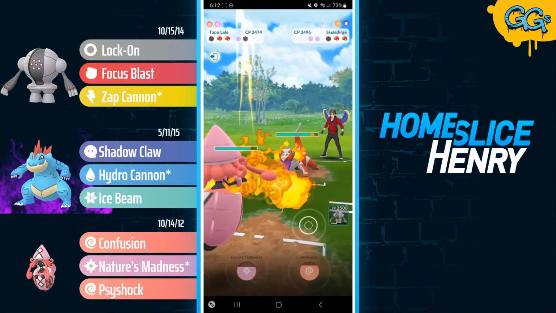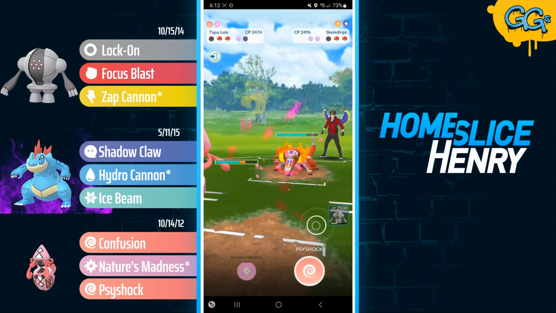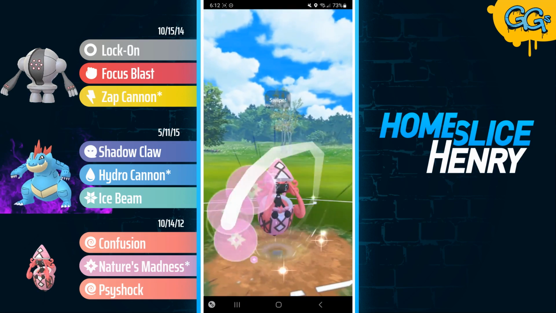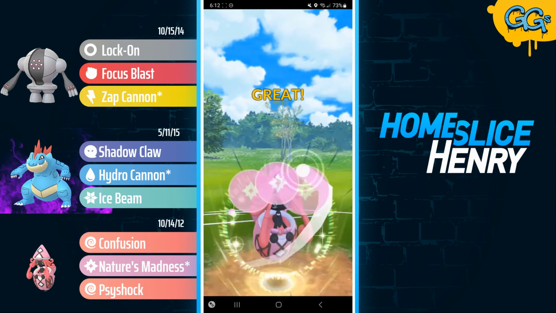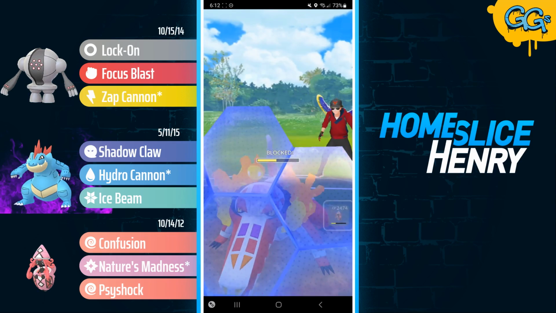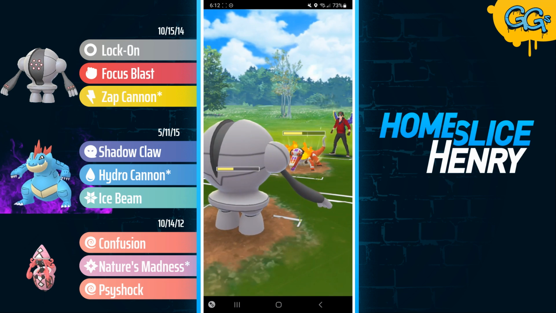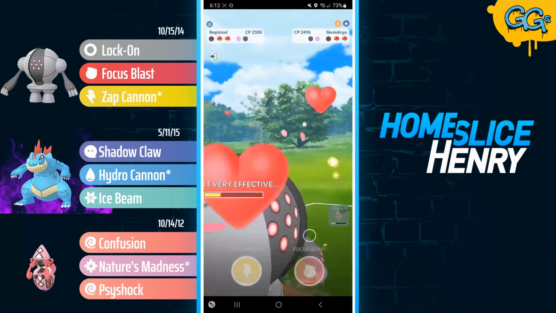In the back, they have Skeledirge, and this is a massive problem. They were able to bait out the Feraligatr, and now I'm in trouble. I build up a ton of energy, go for the Nature's Madness, I get the shield, and of course that comes with the debuff. They were at 100 energy, I was expecting them to double Disarming Voice, so I make